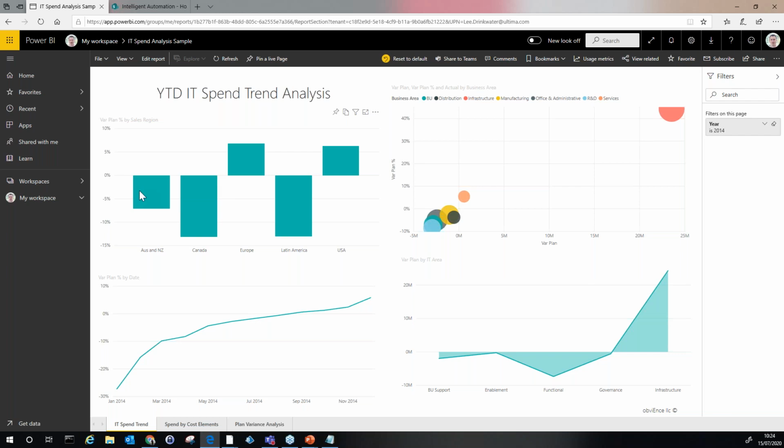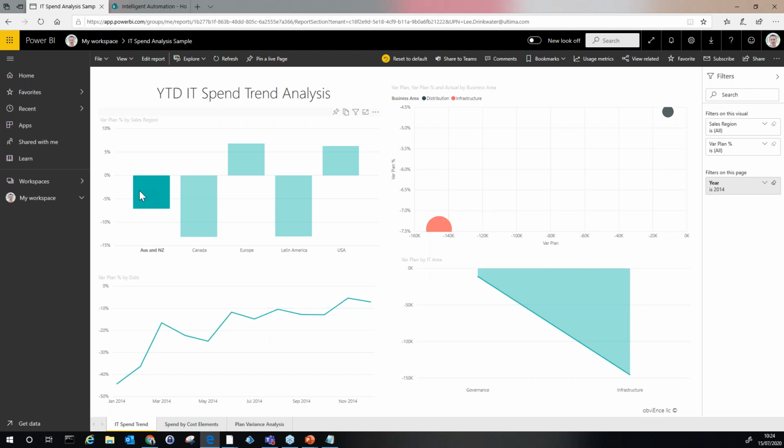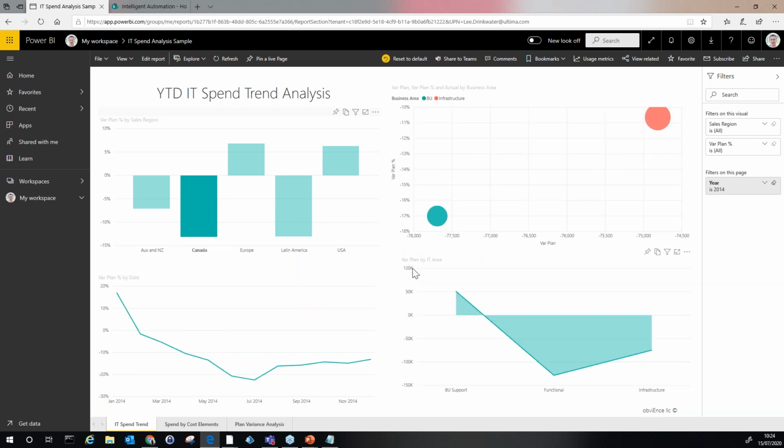If I click on it, you'll notice the other visualizations on the same page will also adjust as well. What they're doing is showing me the data that's contextually relevant to the item I've selected. If I change to Canada, for example, you'll see there's a short delay while the others refresh, and it then shows me data that's relevant just to that particular region. Now we can see of these 5 regions, Europe and USA are well above. But if we look at Australia and New Zealand again,